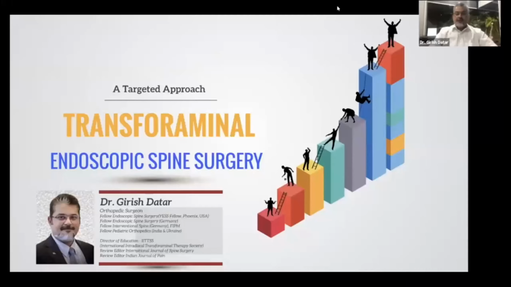Hello everyone. Today we are going to speak about one more technique in transforaminal surgery, and that is going to be the outside-in technique using the Hoogland's system. So this is a targeted approach. The targeted approach means that you can directly land on the extruded herniation or a herniation which is in the spinal canal, and you can directly take it off without actually getting into the disc. So it's a more targeted approach which involves a foraminotomy before we actually enter into the spinal canal.